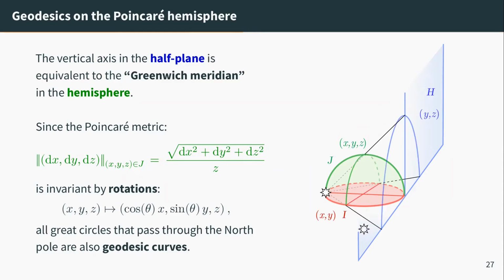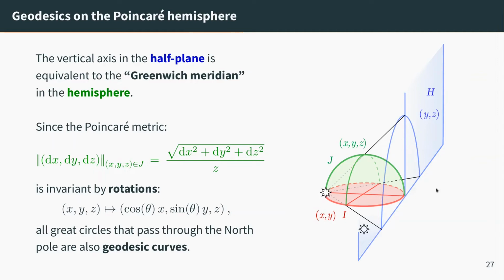So notably, among others, the meridian that cuts the Greenwich meridian at exactly 90 degrees is also a geodesic. And then we can project it back onto the Poincaré half plane. If you look at the projection of this half circle onto the Poincaré half plane, it's also going to be a half circle, just by Thales theorem. So now, just using this clever projection, rotation, projection back, we have gone from having one geodesic to